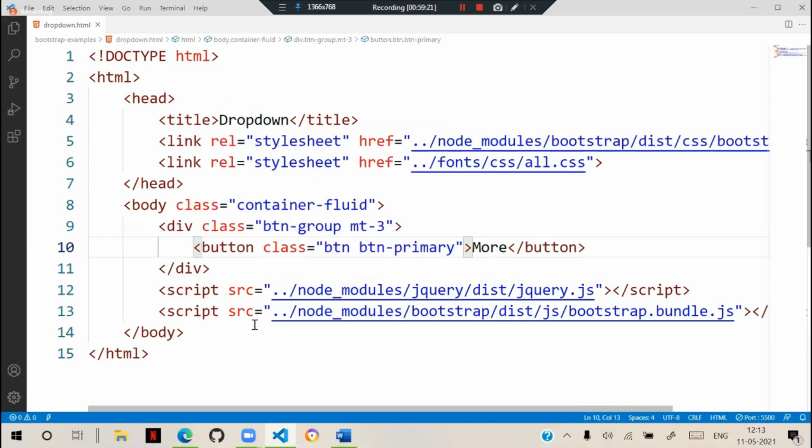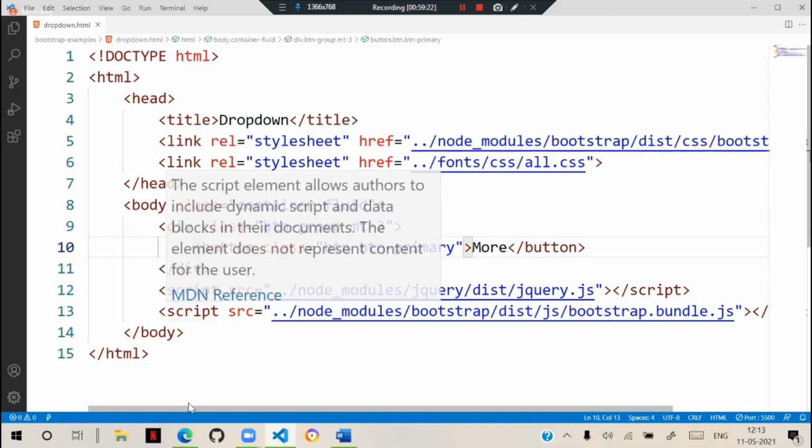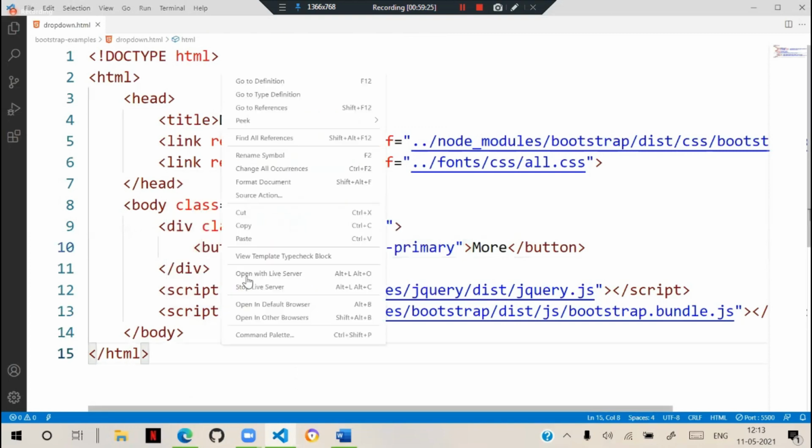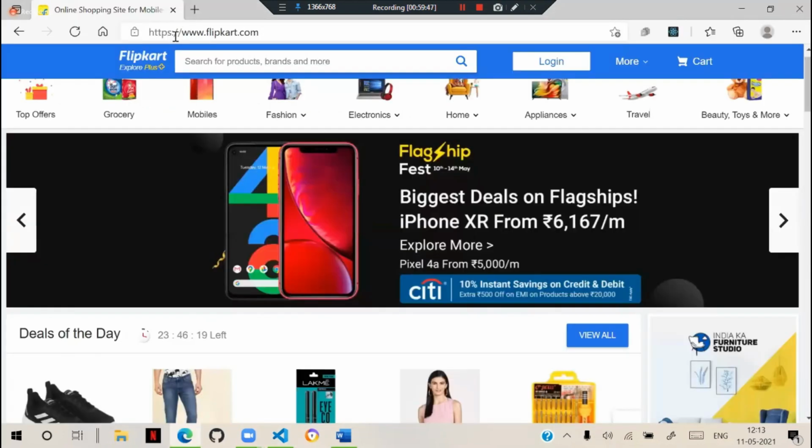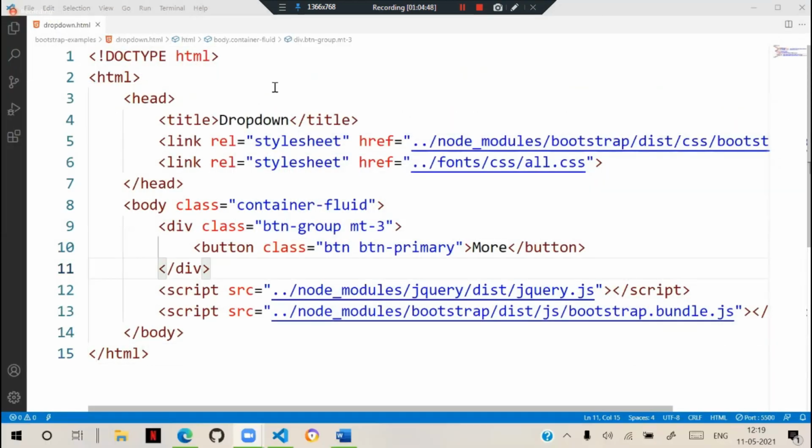Let's see. We need to create a drop down for this. Initially, when I run this, in the page we need to display that. So let's create a simple one and see how it displays in the page. Let's close this. Some technical issue with the browser, we restarted that, right? Fine.